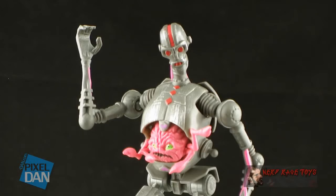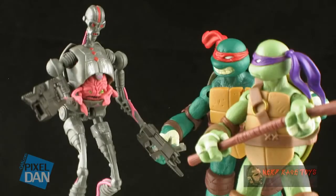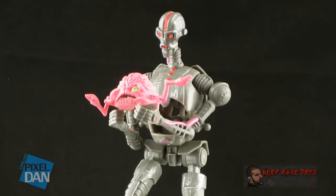So this Krang figure is in the 5-inch scale. He's actually about the same size as Shredder and the Foot Soldiers, which means even though his legs are in crouching position, he's still taller than all of the turtles. Despite the fact that his articulation is very lacking, this is a really nice looking figure. He definitely benefits from having one of the more detailed paint jobs than all of the other guys, and I just love that squishy little Krang in his stomach. So the fun factor is still